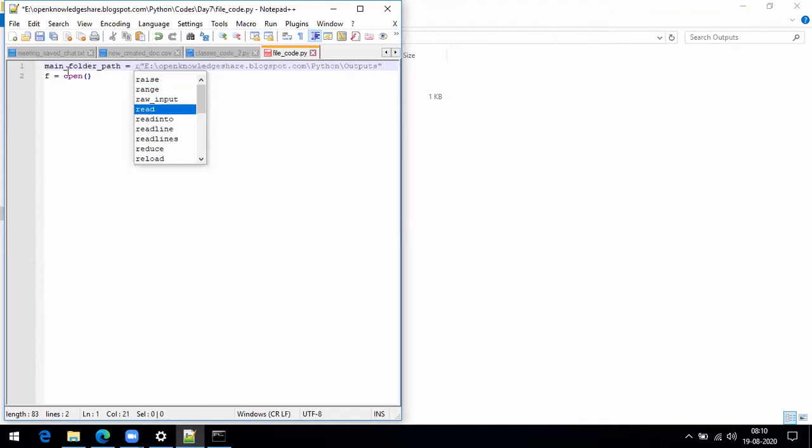And then, let's say I want to create a file inside this folder, os.path.join, of a different extension. If it is a text file, we will be using txt, and if it is csv, we are using .csv.